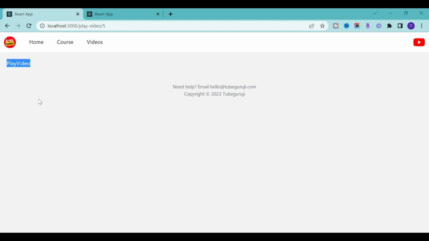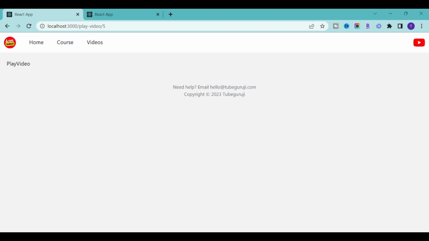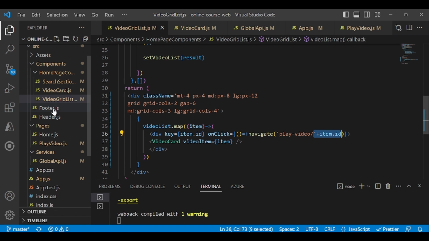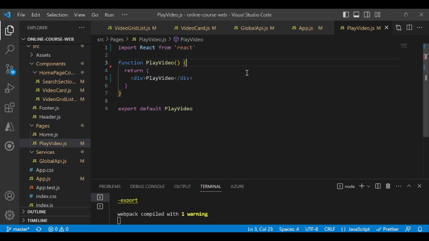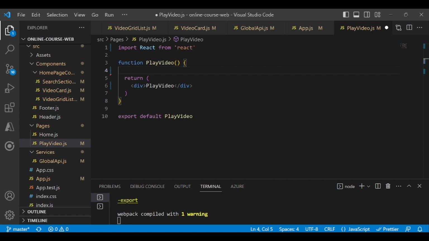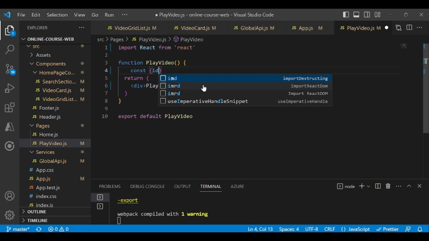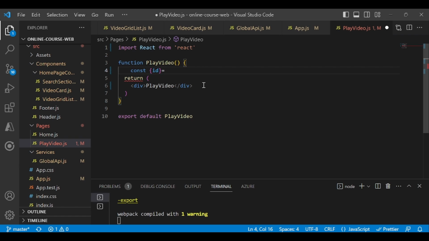Now next we have to fetch this id from the url, and from that we have to call the api with this id, so that we will get this information. Next let's try to get this id. So go back to our code, and in play video you have to define one constant, and we want id, is equal to